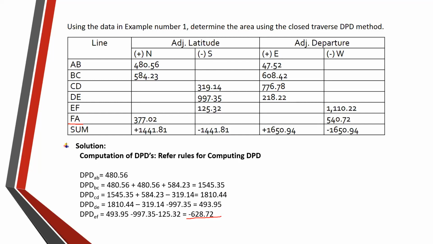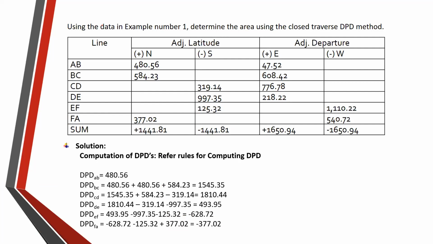Okay, we have here negative 377.02. So again, nakuha natin yan by i-bring down lang natin yung preceding natin na DPD, that is negative 628.72 minus yung preceding natin na latitude, that is 125.32 plus yung the latitude itself na 377.02, and that is equal to negative 377.02. My question is, did rule number 3